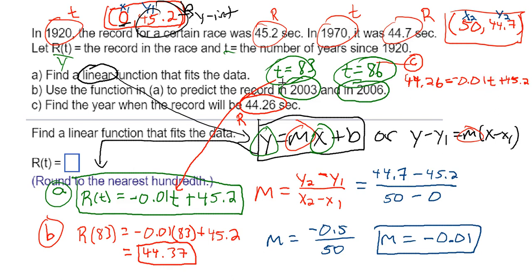And now you want to solve this for t, which I don't have a lot of room to do. And plus, the screen's getting really laggy here because of all the writing I have on the screen. But you'll start by subtracting the 45.2 to the other side. All right. And so let's see what we get from that. We have 44.26 minus 45.2. And we get negative